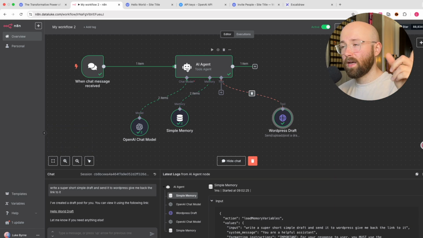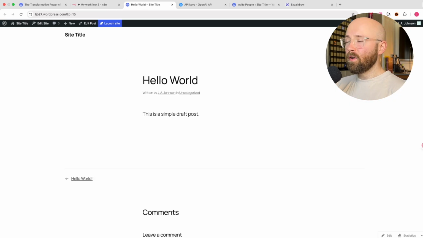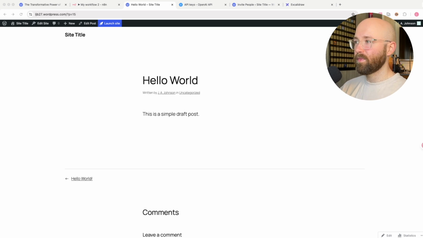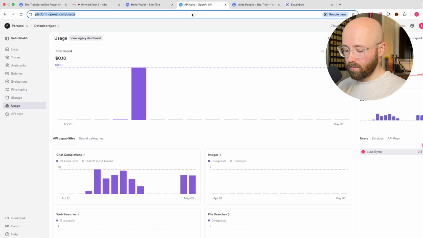But first, actually, let me go and get the details for how you can get the API token for WordPress. So for this, it's a bit of a nightmare to get it, or to figure out how to get it. But luckily for you, I've already done it, so you can use my hard work to actually find this out. So basically, what we're going to do is we're going to go to, I think it's developer